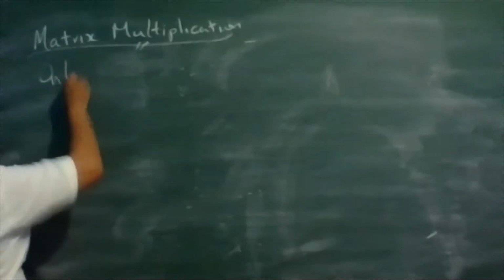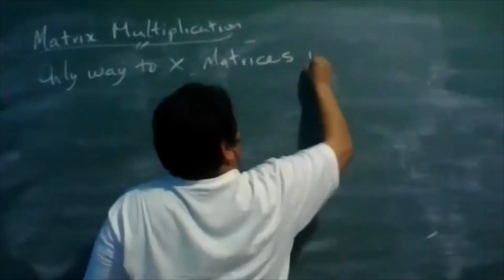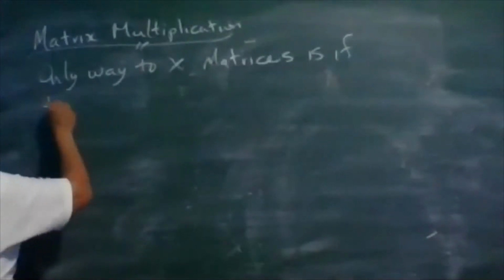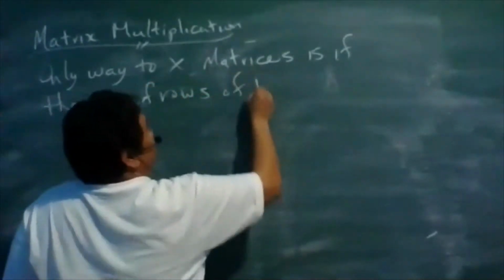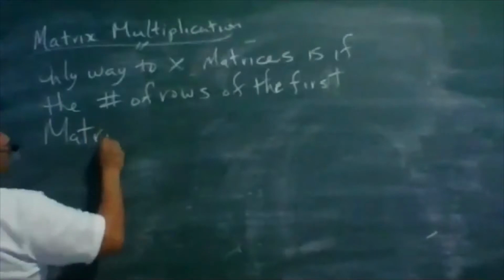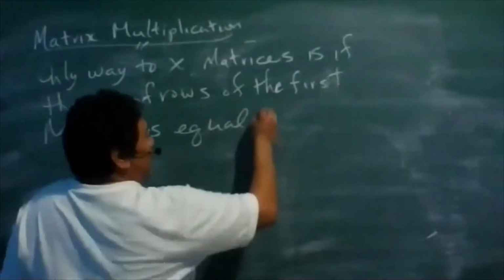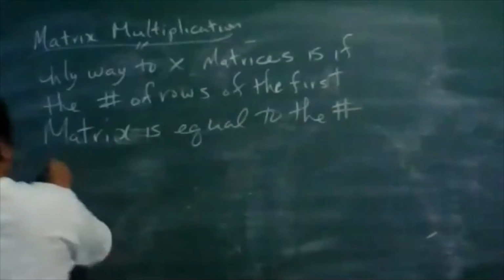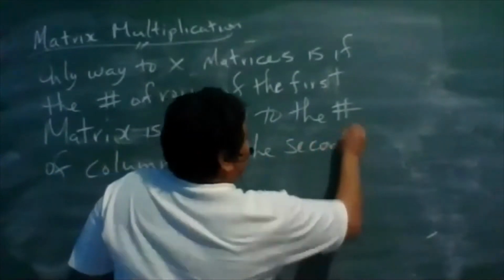Matrix multiplication. To multiply matrices, the only way is if the number of rows of the first matrix is equal to the number of columns of the second matrix,